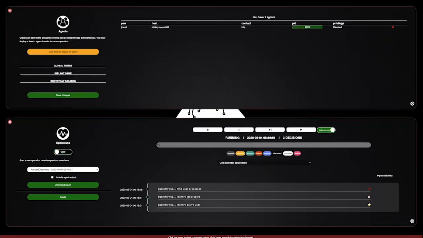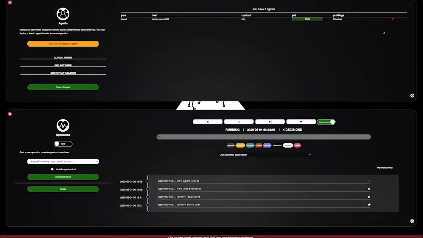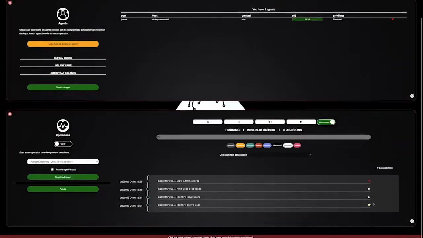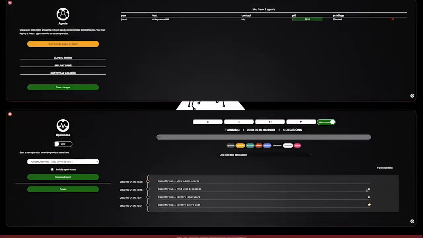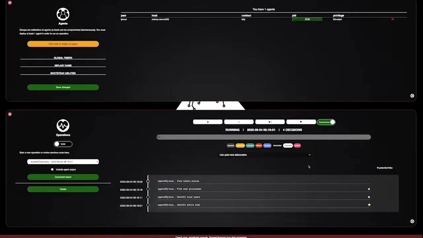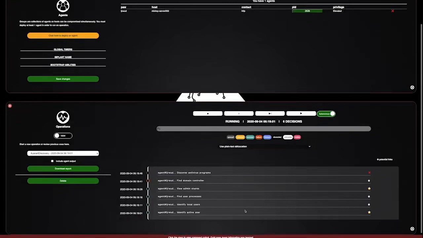Starting to see 5 processes, and the ones that will fail, it'll tell you that it failed. We'll give you the response. Here's the active user, that was the one before. We're starting to get a couple more items. Who's the local users? Does that come back? Yep, sweet. And you can see I'm using Get-WmiObject for that process, and this one here is using a bit of PowerShell, WMI Win32_Process. So you've got a couple other items that are happening.